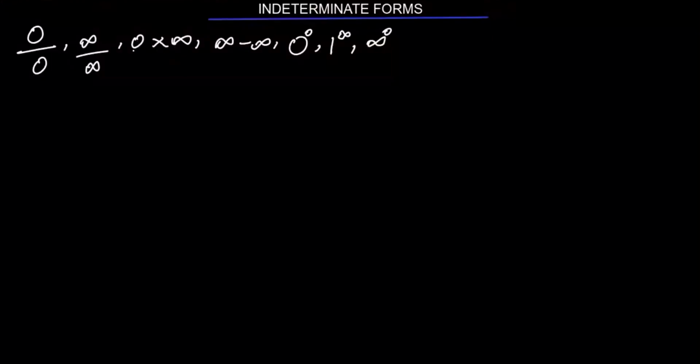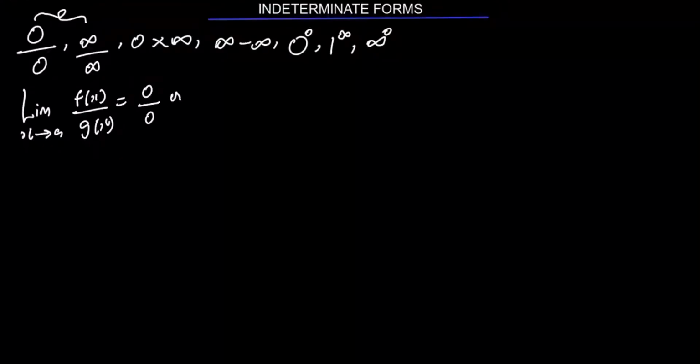The question is, when we come across any of these, how do we solve it? What is the basic approach we are to apply? Now, this is the first one. Whenever you come across something like this, let me take for instance that you have the limit as x tends to a of function f of x over g of x. After taking this limit, take note, if you have 0 over 0 or you have infinity over infinity,